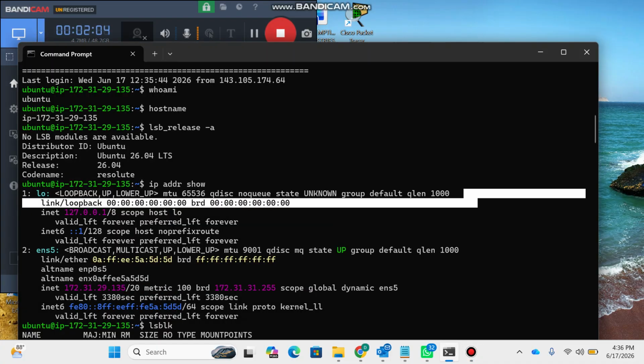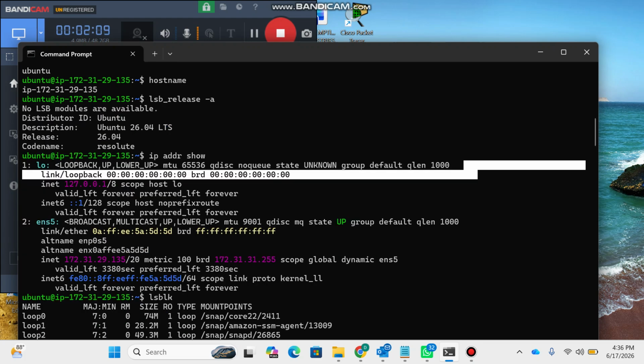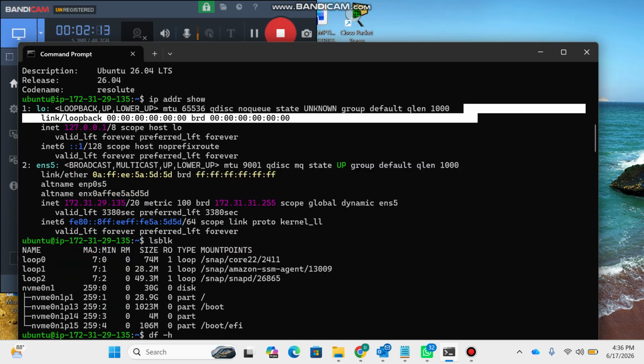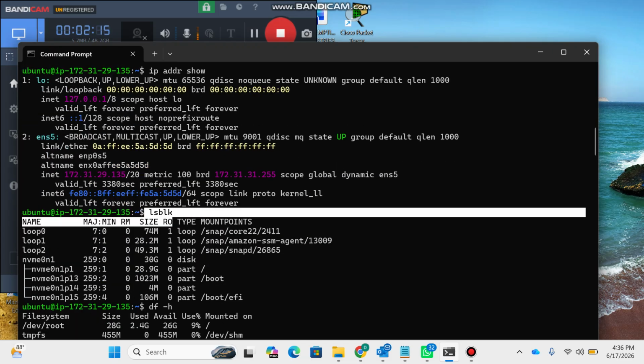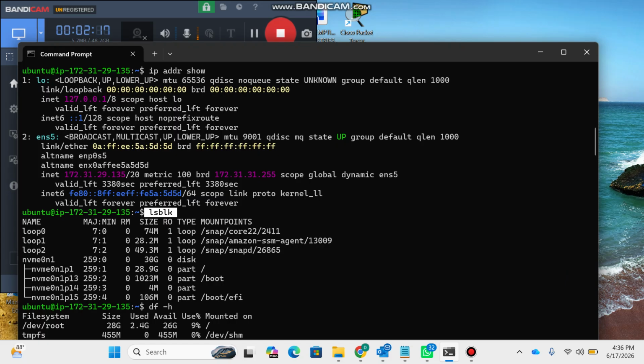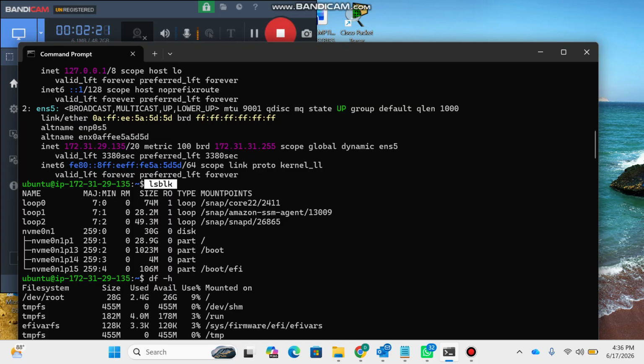Let's look at the disk partition layout. I run the command. According to my proposal, I've allocated the storage as follows: 30 gigabytes for the root partition, with additional partitions for home, shares, var, and swap. By running this command,